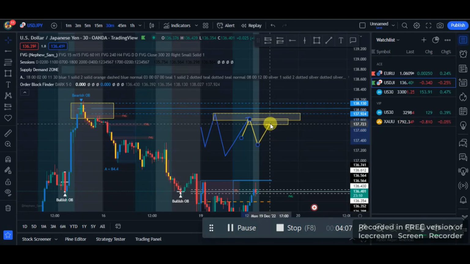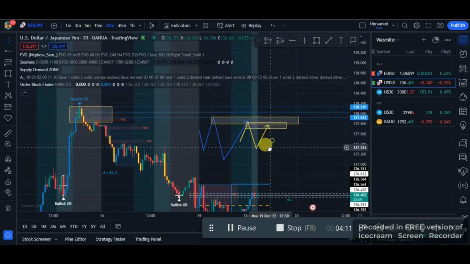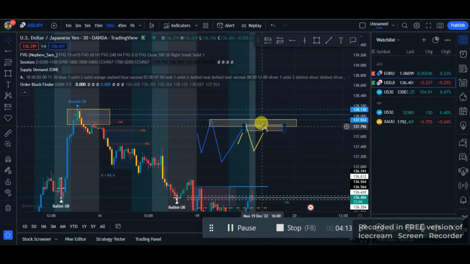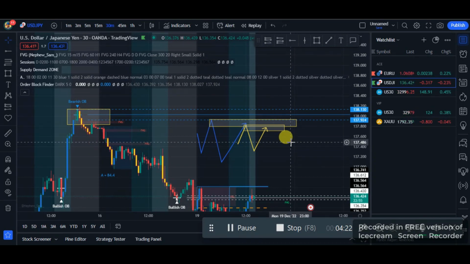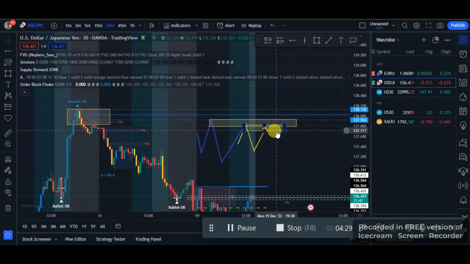So once price retraces back to this order block, then we wouldn't just blindly take the trade. We want to also wait for another order block, which is the third order block. That's why it's called the only three order block you will need to trade smart money concept. Right, on an order block smart money concept. This is how I trade using order block in the market, although there's some other things I add into it